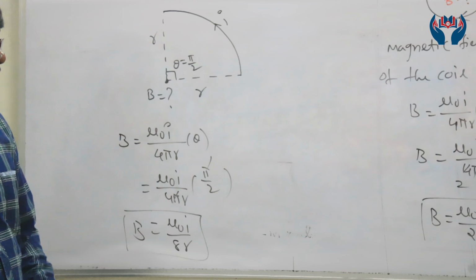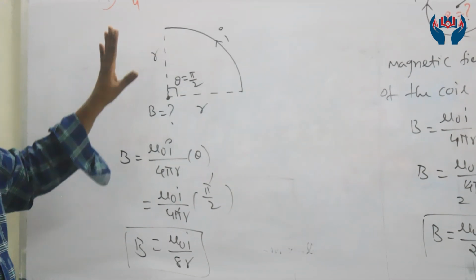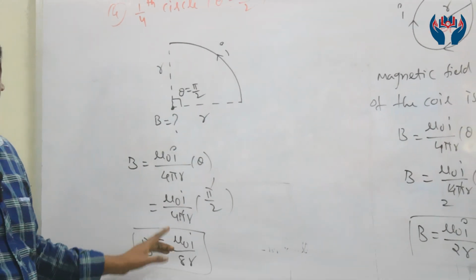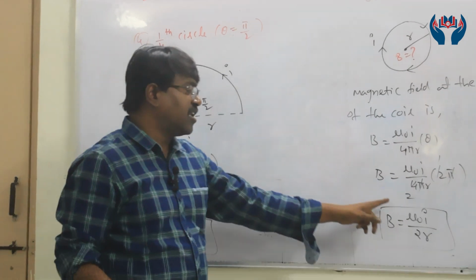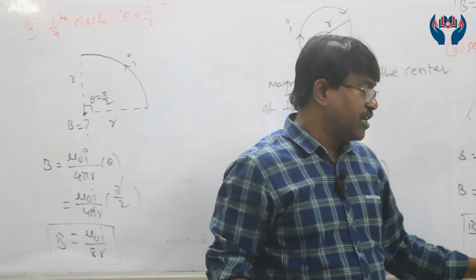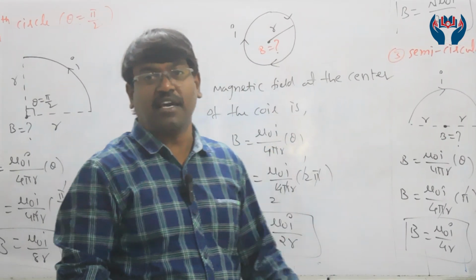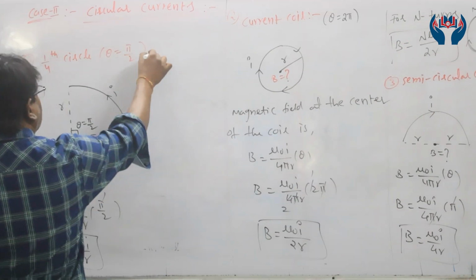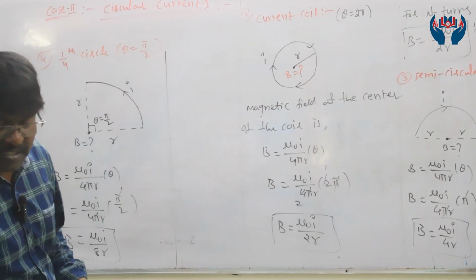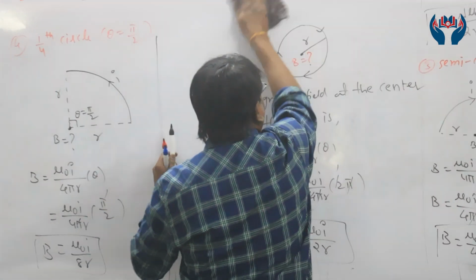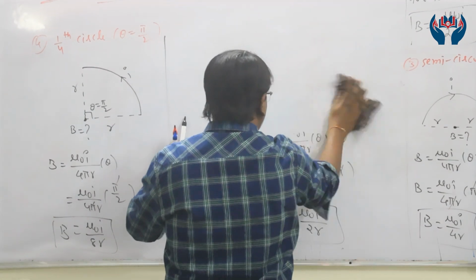Okay, due to the 1 by 4th circle, what is the magnetic field at the center? That is mu naught I by 8 r. Due to the circular coil, mu naught I by 2 r. Due to the semicircular coil, mu naught I by 4 r. Suppose a 3 by 4th circle, what is the magnetic field at the center? In case of a 3 by 4th circle,